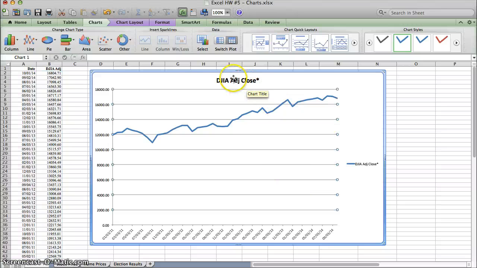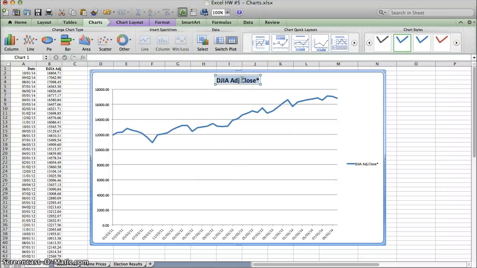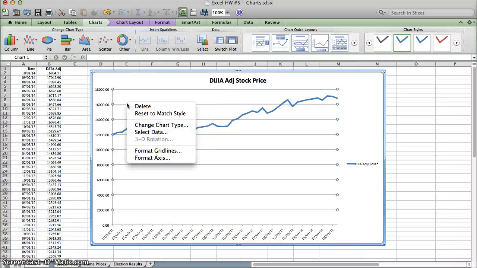So as we hover over the areas of the graph, it tells us which part of the graph we're operating in. So here's the X value grid lines, here's the chart title, here's the vertical value, and when you hover over it, you can do things. Once my computer stops acting slow, you can do things like change the title. You do things like that. You can go in and you can